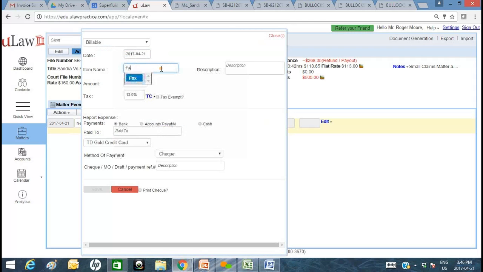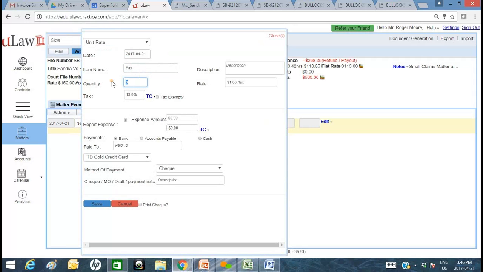I'm going to quickly use fax as an option. I'm going to say 25 faxes, and let me override this and make this $2 a fax. I'll add the tax. And the beauty of the uLaw product right within the Matter is not only can you disperse your client, you can also expense it to your business, because we are a legal accounting software, and